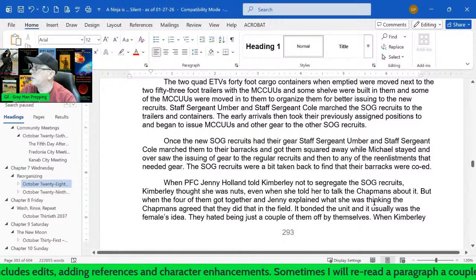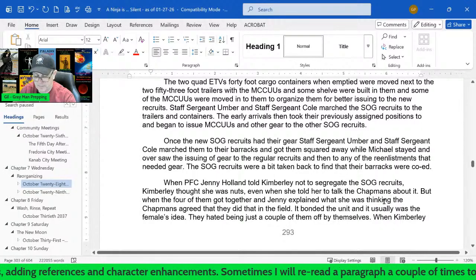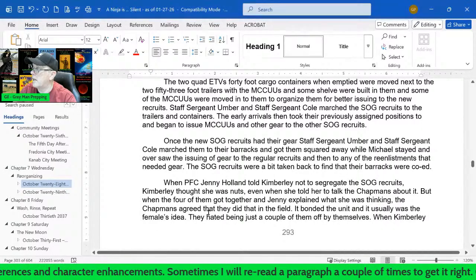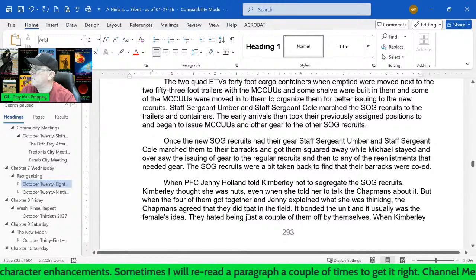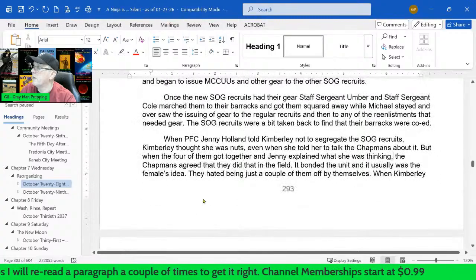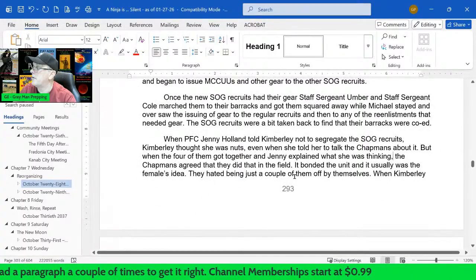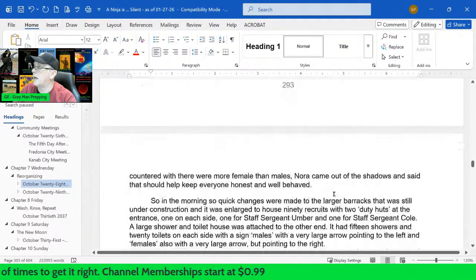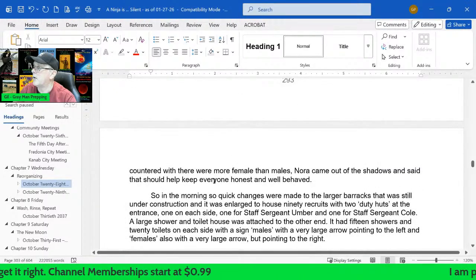The Chapmans agreed that they did that in the field. It bonded the unit, and it usually was the female's idea. They had hated being just a couple of them off by themselves. When Kimberly counted that there were more females than males,